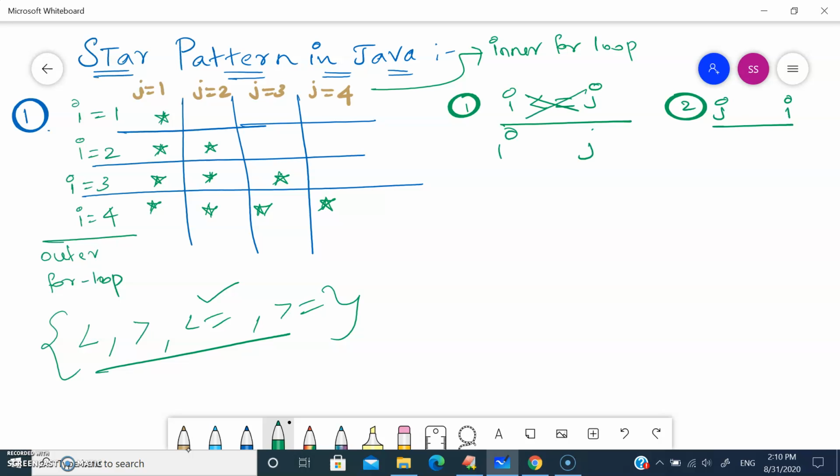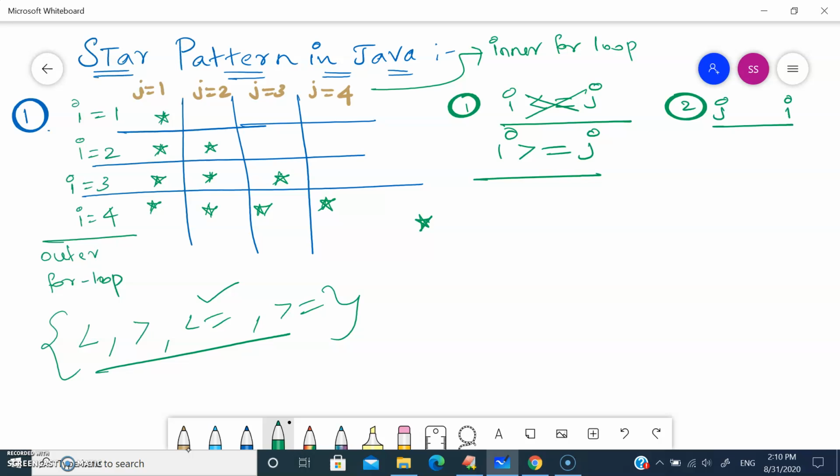So let's check with greater than or equal to. 1 is greater than or equal to 1. Yes, need to print star. 1 is greater than or equal to 2. No, 1 is not greater than or equal to 2, right? In that case, it should go for the else statement and print a space. 1 is greater than or equal to 3.